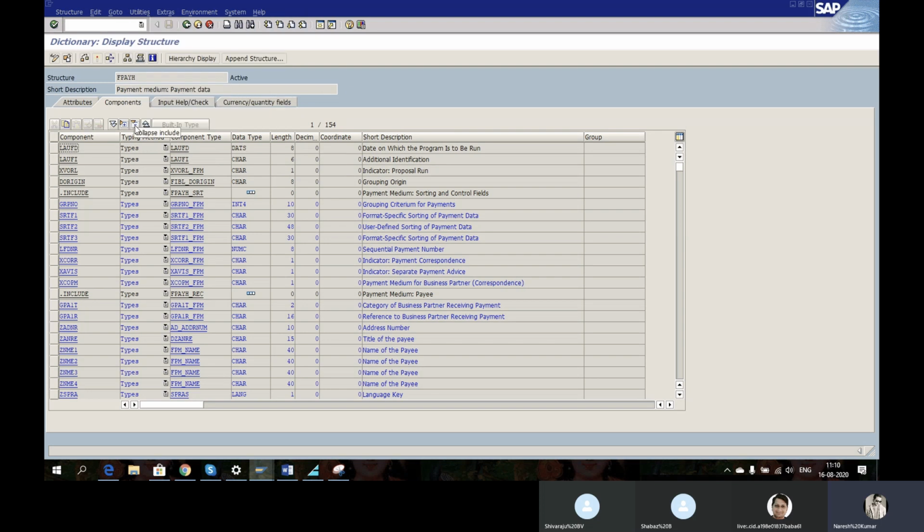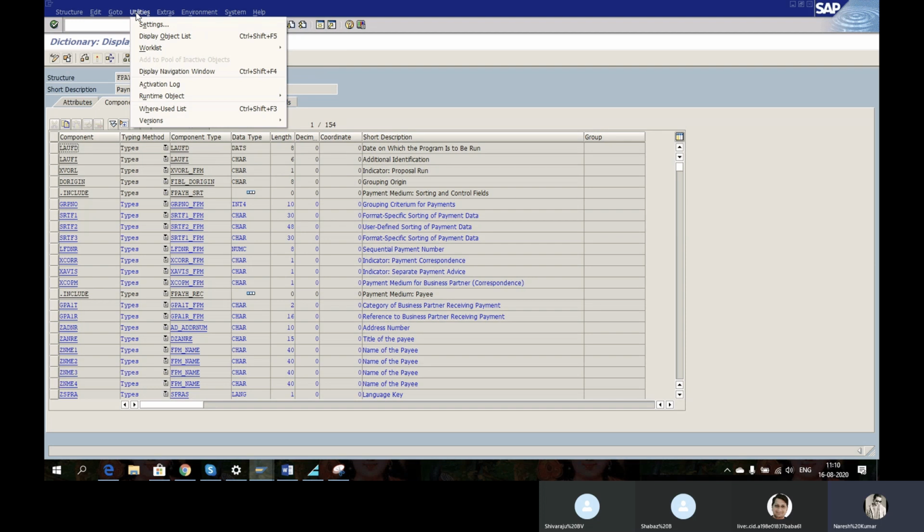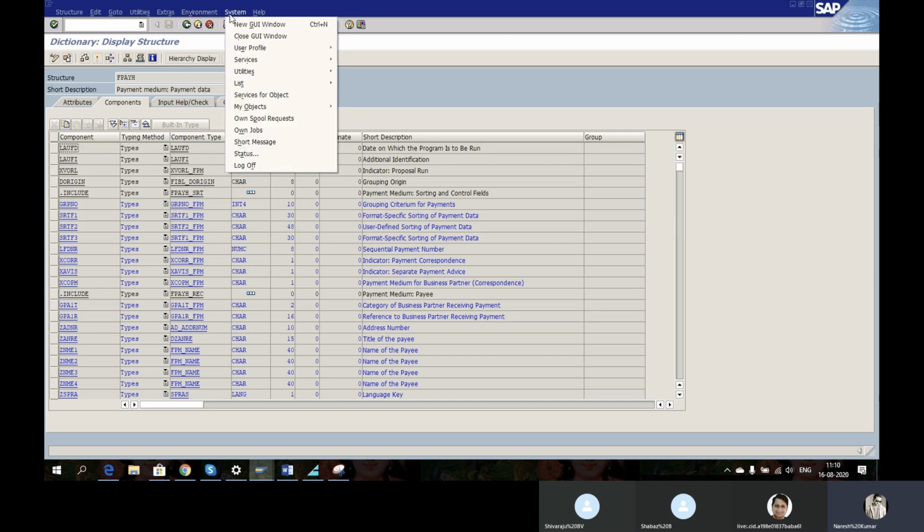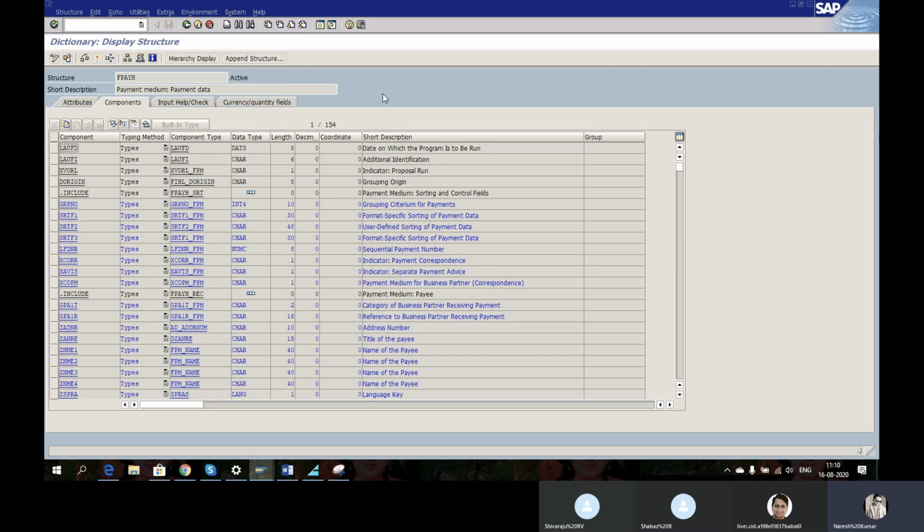Here we have an option. I will tell you how to download, because I had downloaded it yesterday. I had downloaded the fields which need to be seen.